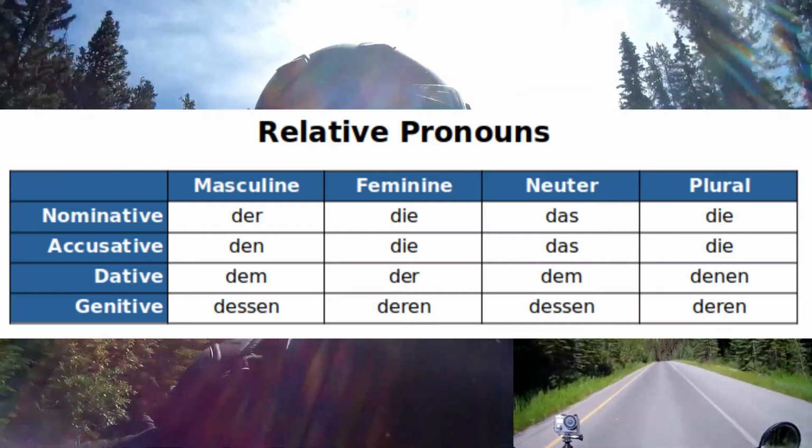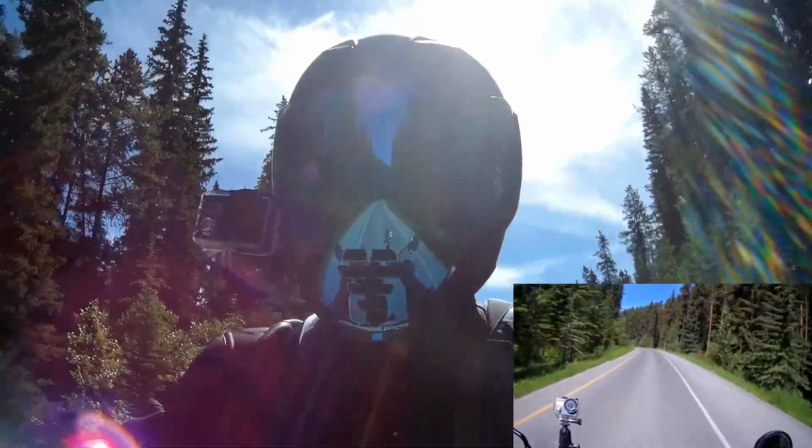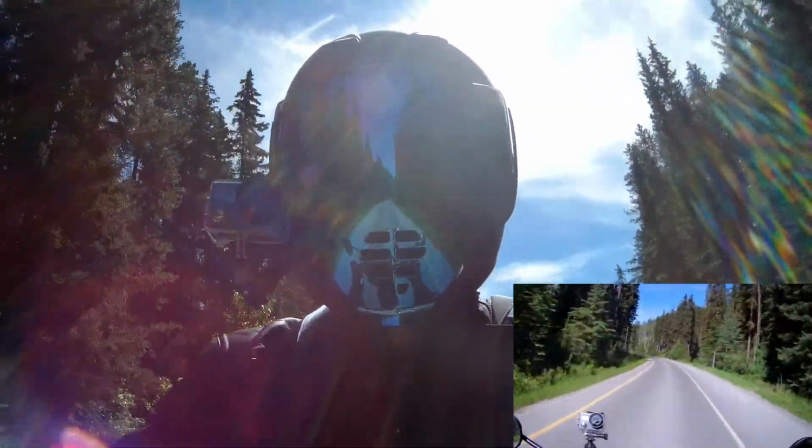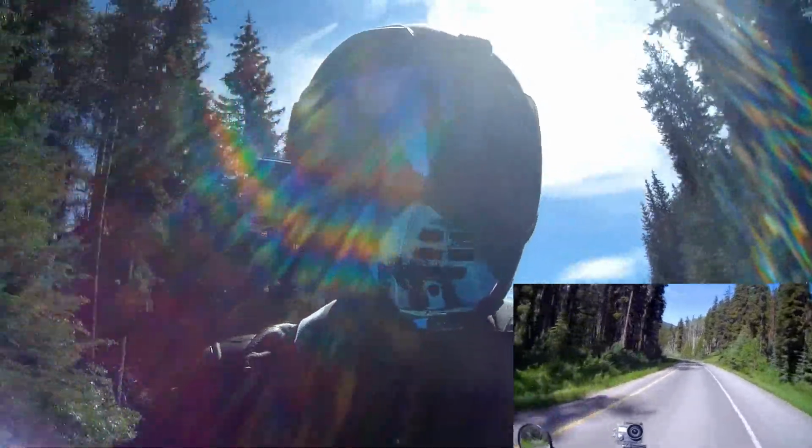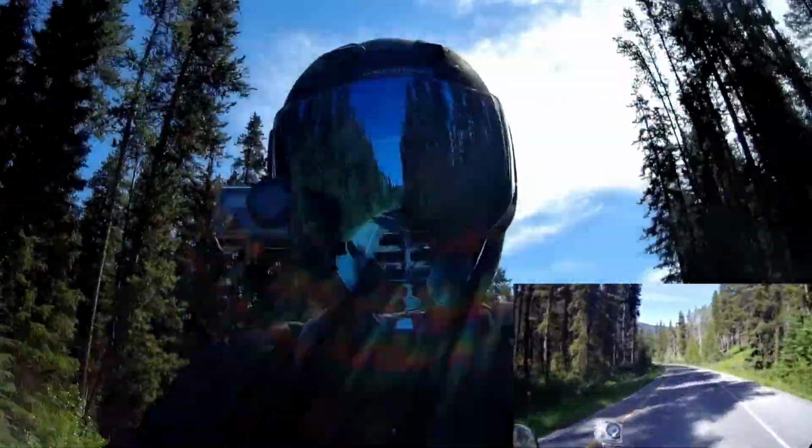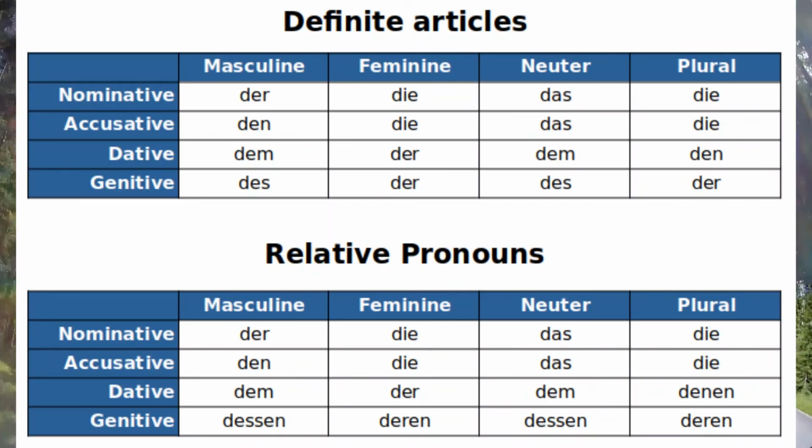So when you see one of these words in a sentence, you've got to parse out the context in which it is used in order to understand what it means. This can be very frustrating at first, but push through because there is a silver lining on this cloud. The good news here is that the declension table for relative pronouns in German mostly follows the declension table that you already know, or that you're already probably familiar with by this point in your German studies.